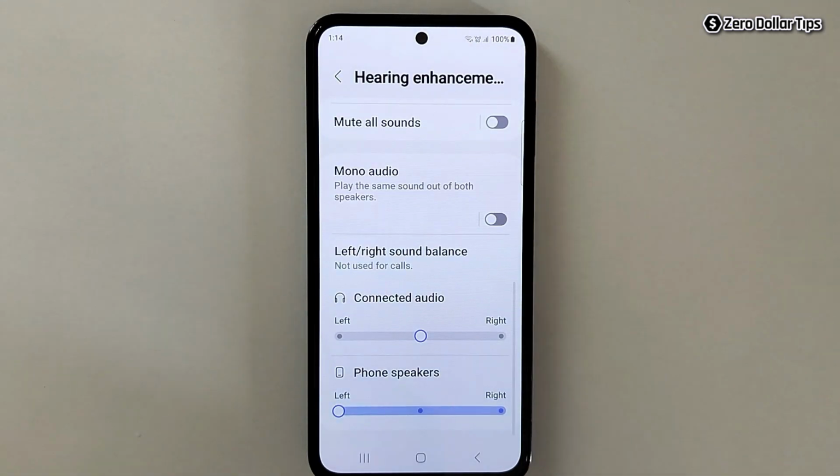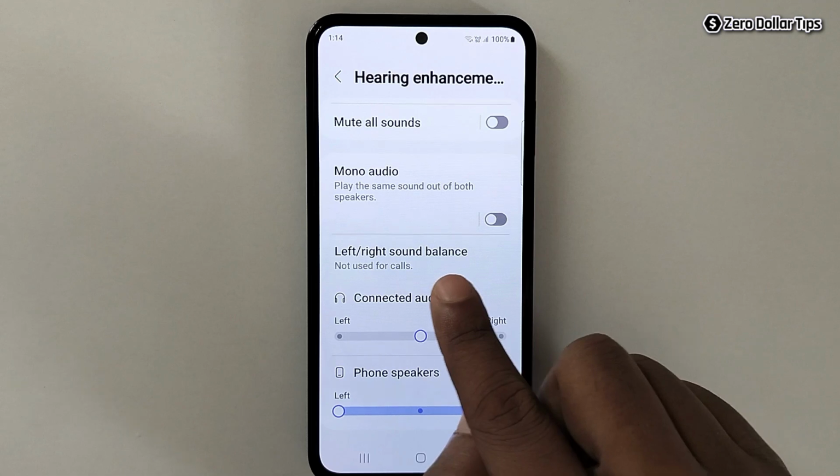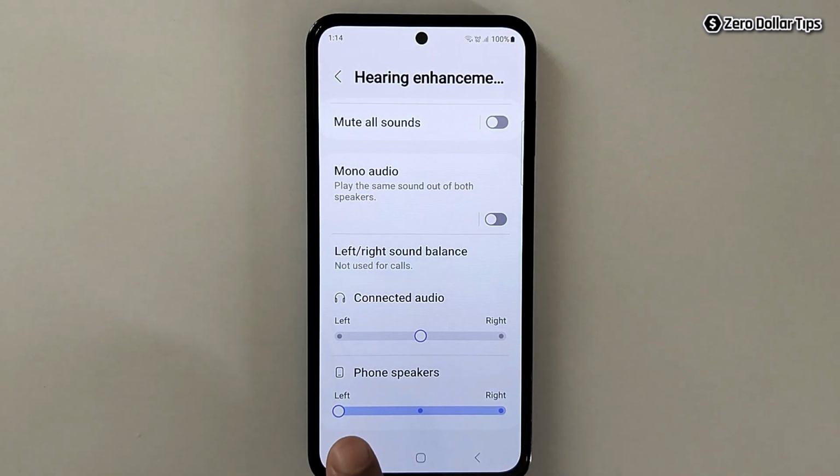Now here scroll down and under the left right sound balance section you will see your speaker. Here make sure this slider is set to mid. Neither it should be left or right. Keep it in the middle. And once you set this slider in the middle, now you will get equal amount of sound from your left